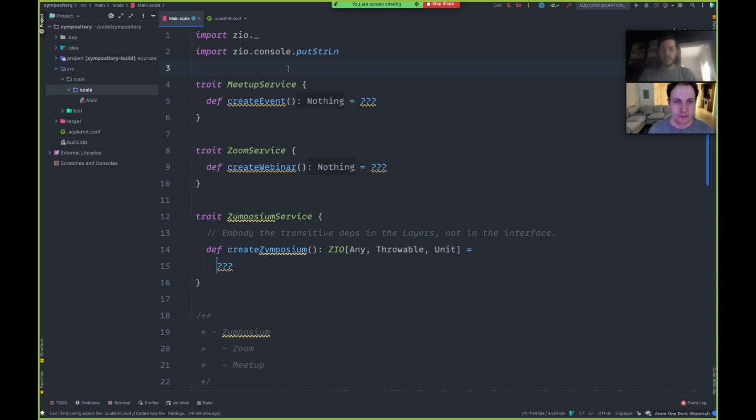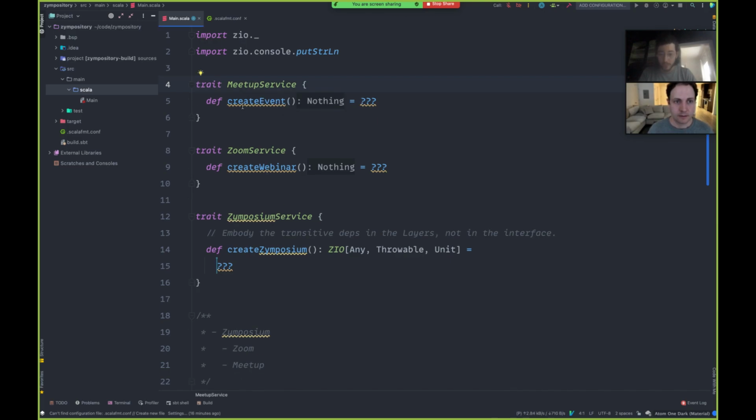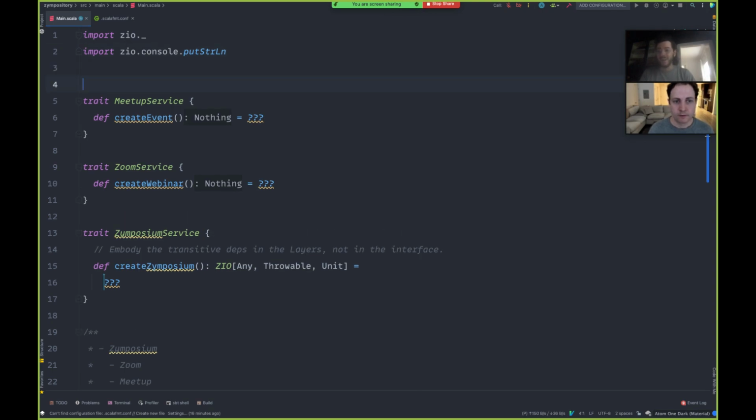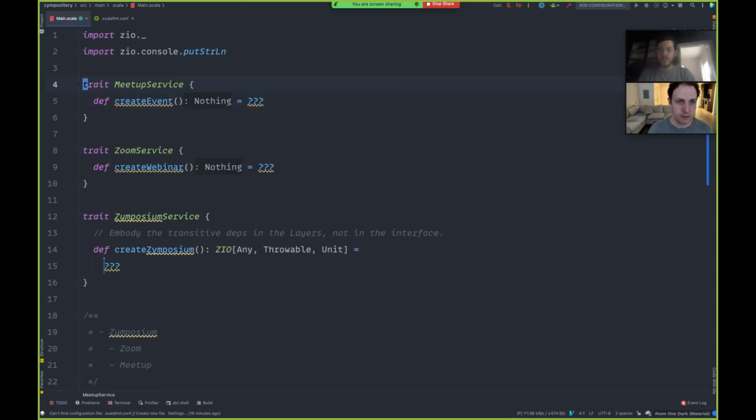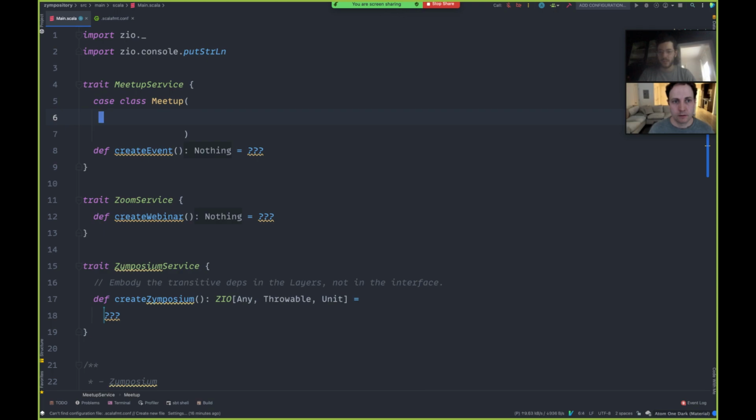Cool. So I'm guessing for the Meetup service, and I can just keep it all here. Obviously eventually we're going to break this into different files, but as we're just sketching it out, it's super nice to not look anywhere and just have it all here. So I'm guessing we're going to need some kind of, maybe we don't even need a meetup. We could encode it in a case class or just take properties. I'm not sure. Let's just make a case class for now.